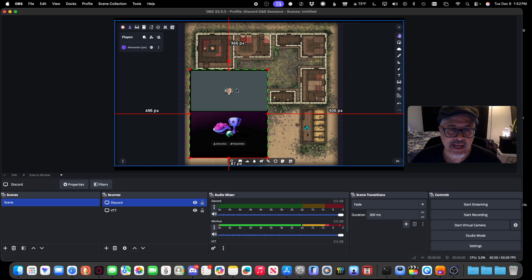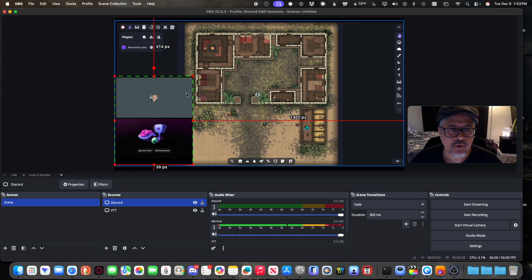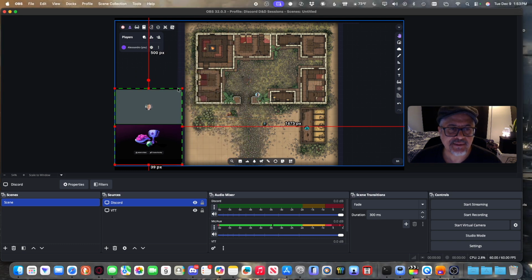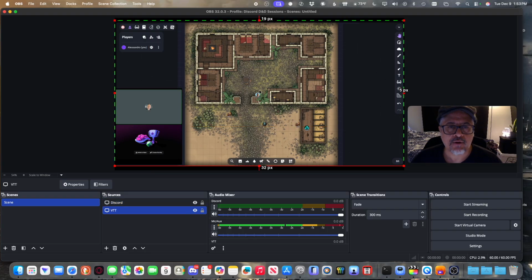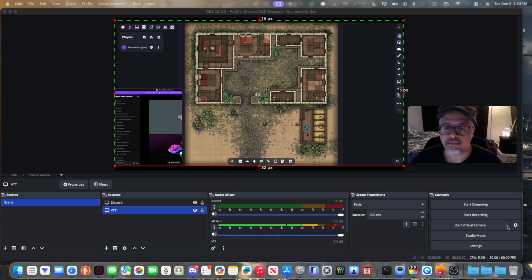Now, for me right now, there's only me here, and then there's also the invite screen. So we'll just use the two of those. However, I've had 4, 5, 6 people in here before. Basically, you just shrink the window down to the size that you want. And for this particular case, this is a nice empty space here. So I'm just going to resize it to put it here, and that can be our area. Now, as you can see, if I go into Discord, all my Discord controls are there. If I click into Owlbear once again,